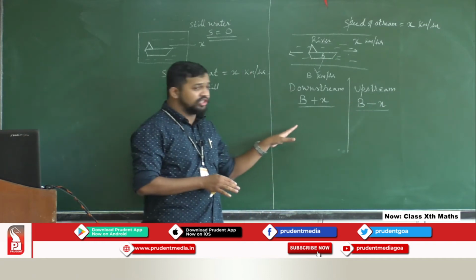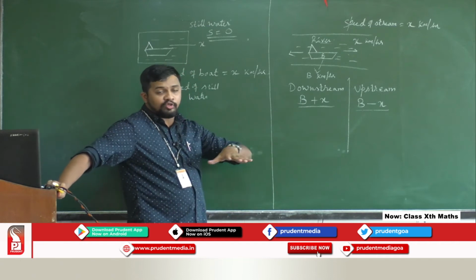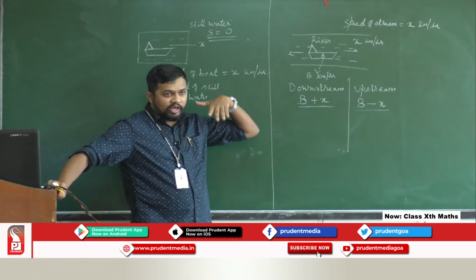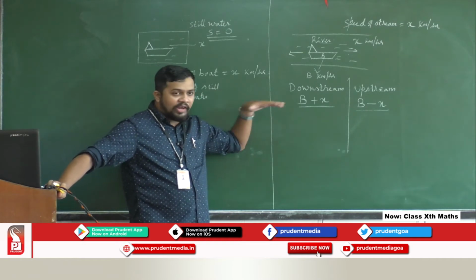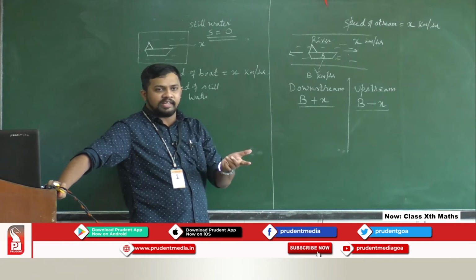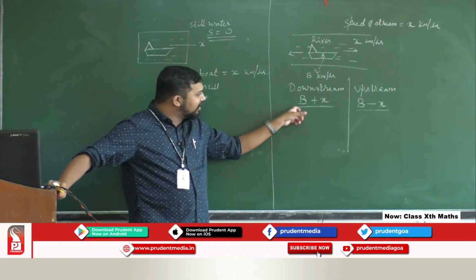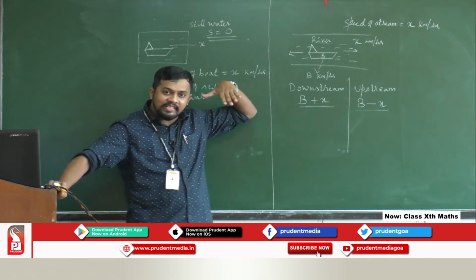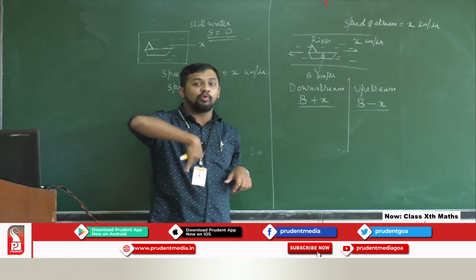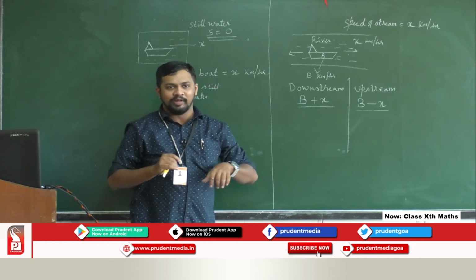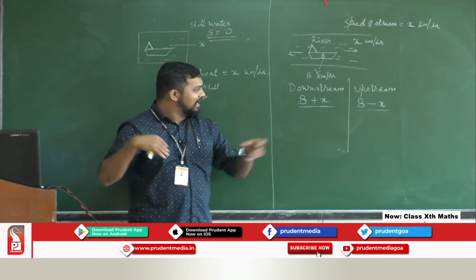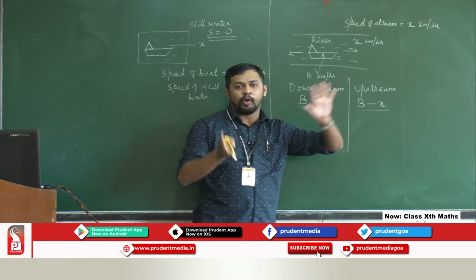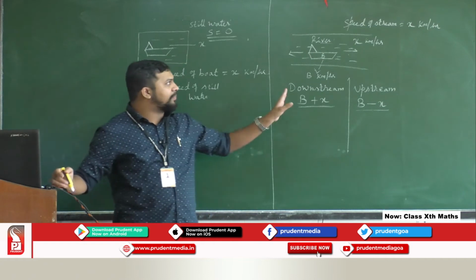Still if you have more confusion, you might have visited a mall also, wherein the elevators are there. In the elevator, let's say you are coming down. When you are coming, the elevator also has some speed, plus your speed is there, and you can come down very fast. So both together increase, so b plus x. But let's say the elevator is coming down only, but you are trying to go upwards on that same elevator, it is not happening. Again you feel that you are coming down only, that means it is opposing, and that is b minus x. So this is something called upstream and downstream. Hope this concept is clear with you.